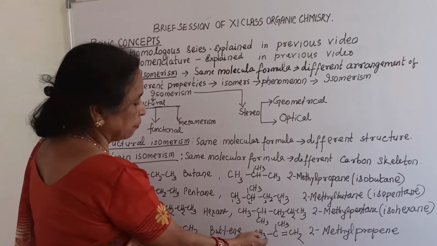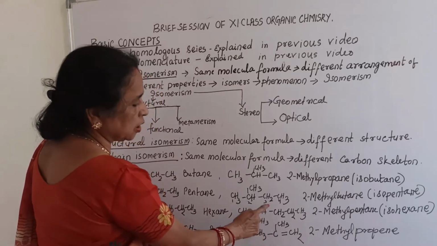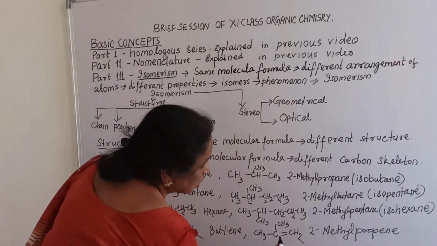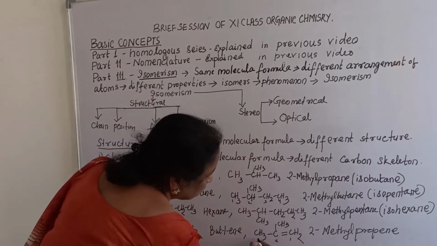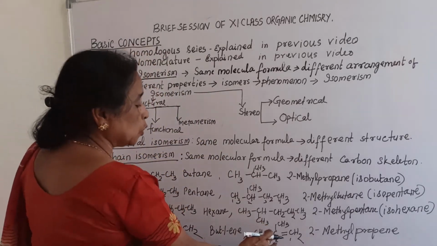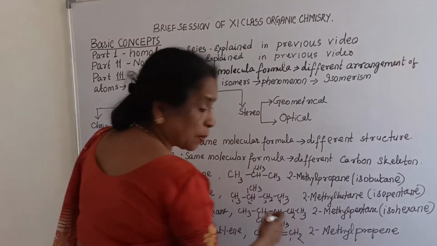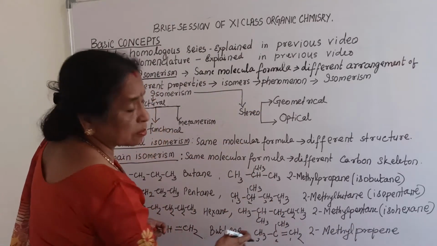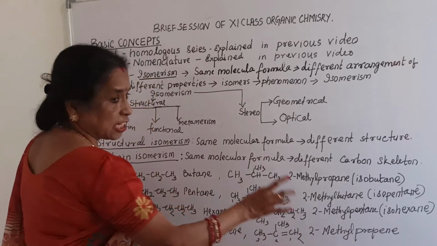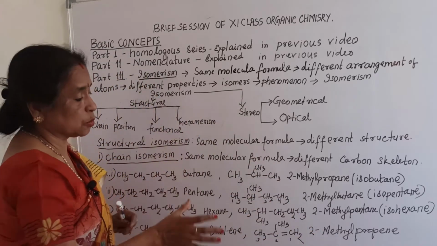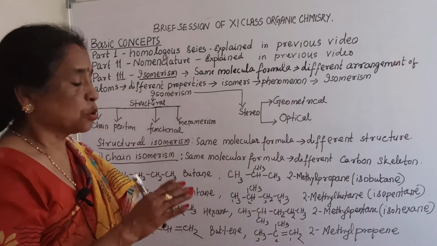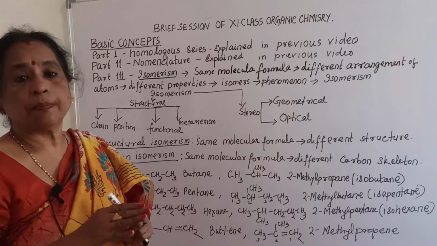Here also you see now in second position there is a methyl group. In second position you count from this side because double bond here 1, 2, 3. In 2 position there is a methyl group. So what is the name? 2-methyl propene. Why propene? The double bond is present after 1 carbon, so it is propene, and the long chain is containing 3 carbon atoms, so it is propene. And now in 2 position there is a methyl group, so it is known as 2-methyl propene.